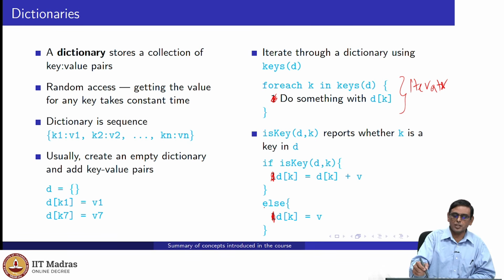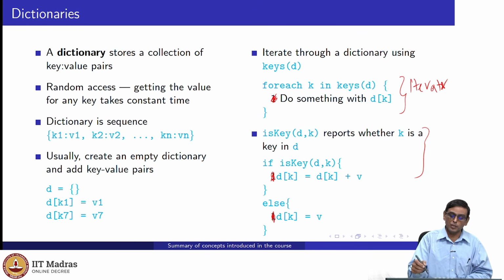I can check whether the dictionary has a key by using this key. And the basic template is to check whether the key is in the dictionary or not. If it is in the dictionary, then you can do something. If not in the dictionary, you can do something like, for example, create the key, put the key in the dictionary and so on. This is a symbol for an empty dictionary, right?